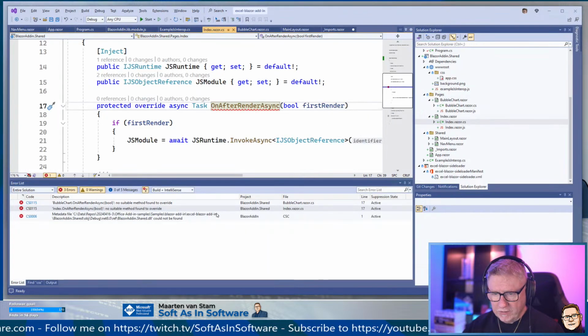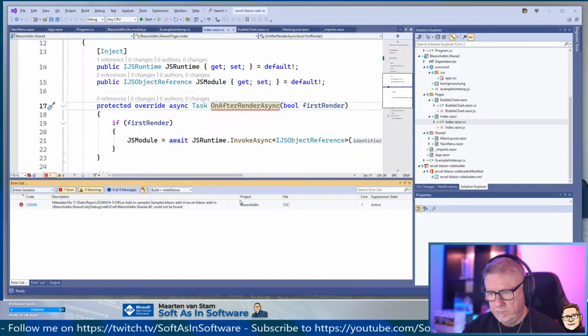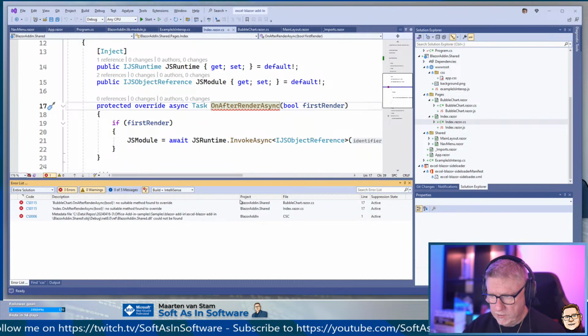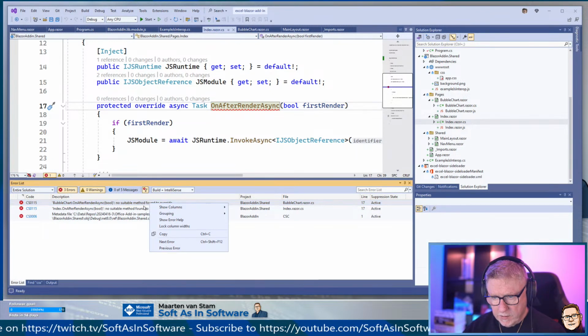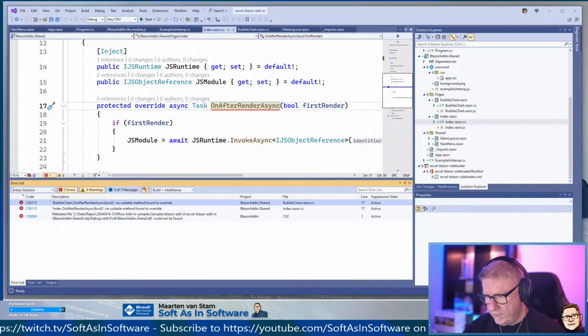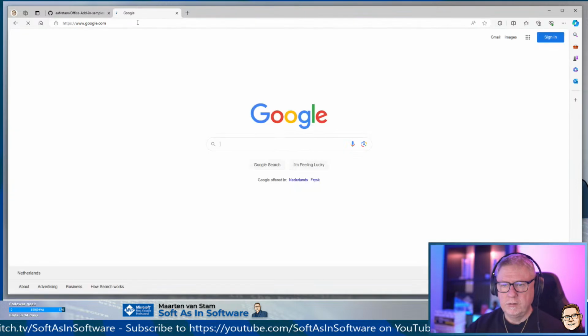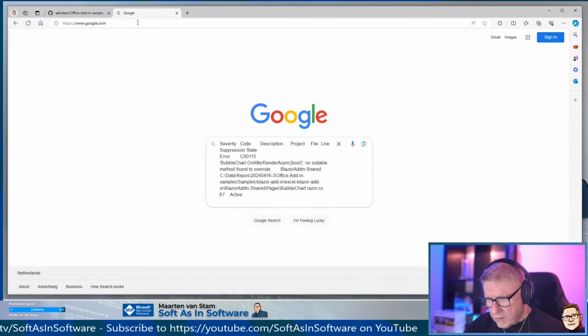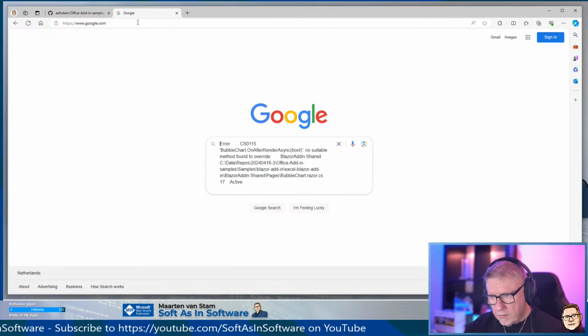Don't see why that's not working. Copy. Google. Error